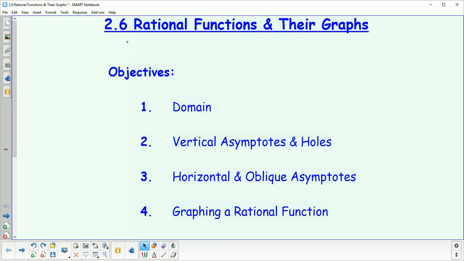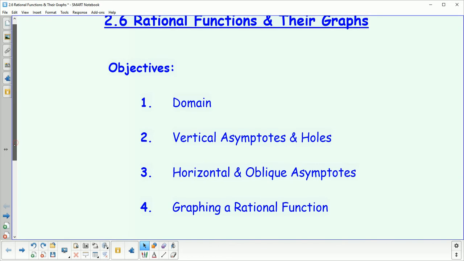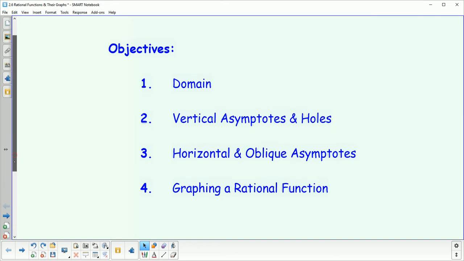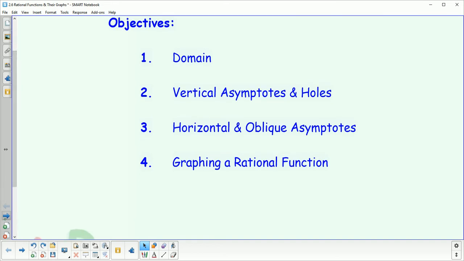Alright people, so here we go with 2.6, rational functions and their graphs. So we're going to continue on. It's going to be similar to when we were graphing polynomial functions in the last stuff. We're going to start by talking about domain, which we've done all year, and then we'll talk about the difference between vertical asymptotes and holes. We'll talk about how we find horizontal and oblique asymptotes, and then finally the steps needed to graph a rational